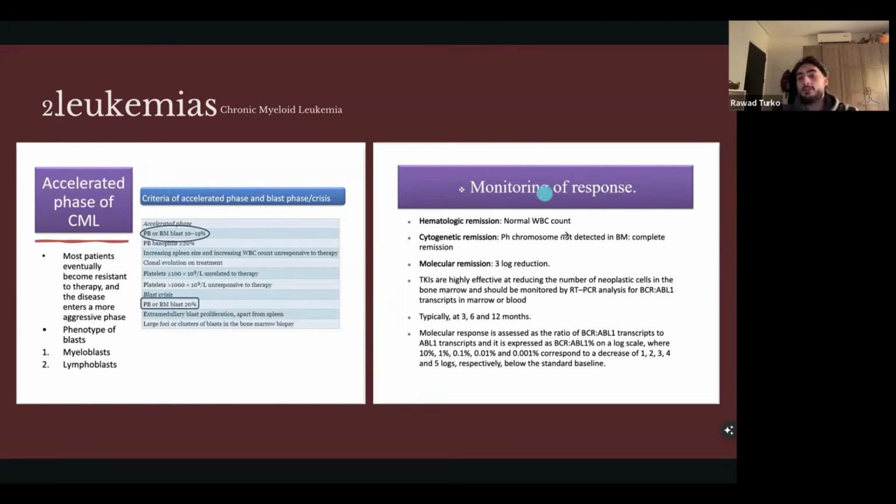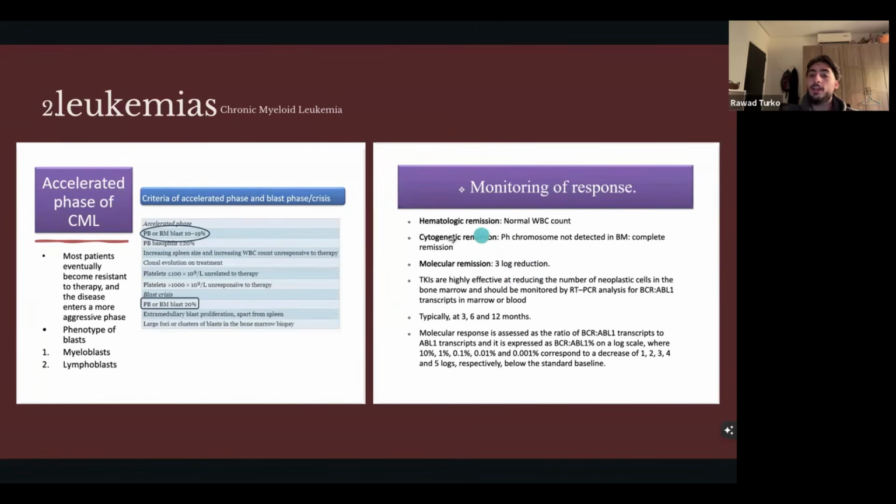Now, how do you monitor the response of chemotherapy for CML? You're going to look at three things. You're going to look at the hematological remission, cytogenetic remission, and molecular remission. Now, we got a question on this, so I really, really do highly recommend that you try to memorize this. Molecular remission, you're going to see a 3 log reduction of